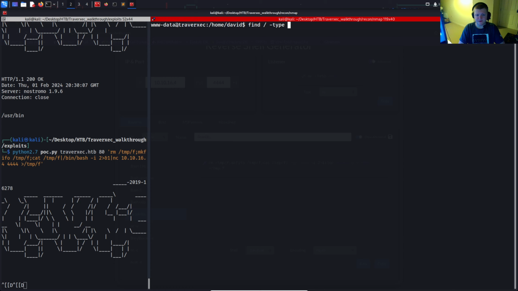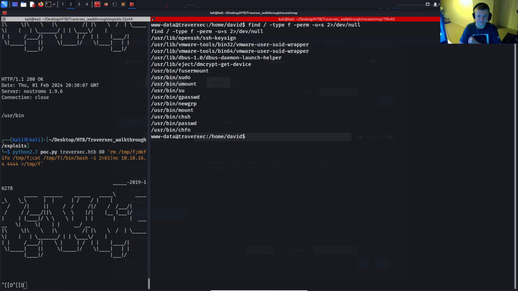So we can use the find command to find all SUID binaries. I'm going to find from the top level directory, type f, I'm looking for files, not directories or any other type of files, and then perm, I'm looking for the user bit on the permissions to be set to s, which is the SUID bit. Then I'm going to redirect all errors to /dev/null, so I don't see the errors pop up on the screen. I only see the real SUID binaries, and we can run this, and we get a list